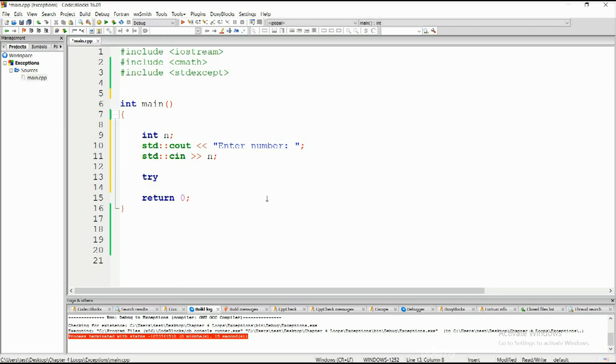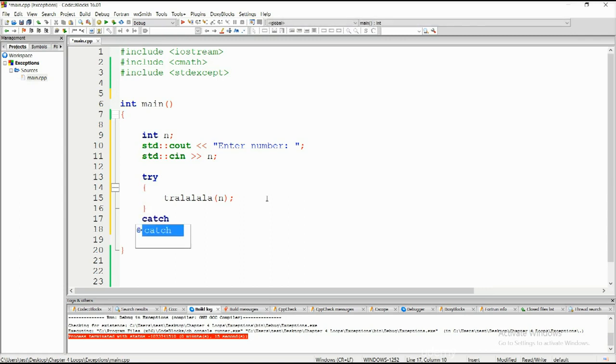So let's go ahead and try to do something. And I don't know, some function, tralala, that we haven't really created at all. But we can have it. We can create it, of course, in a millisecond. Shouldn't be something complex. And down below we shall have catch (...),